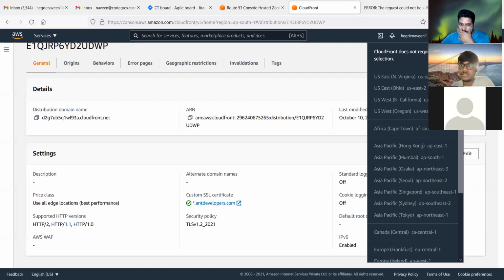CloudFront should be in Virginia. The certificate should be in Virginia. Not possible in Mumbai or Singapore. So everything should be in Virginia. Only then it will work.